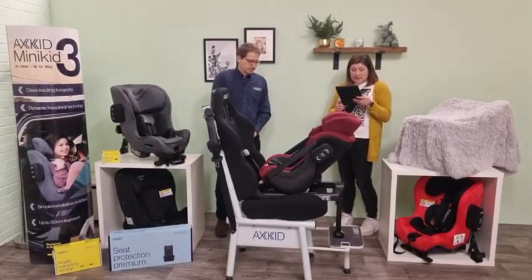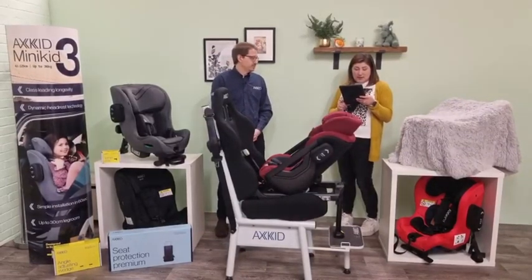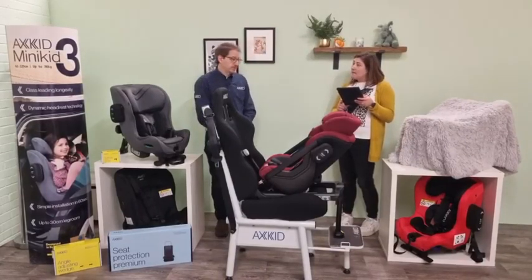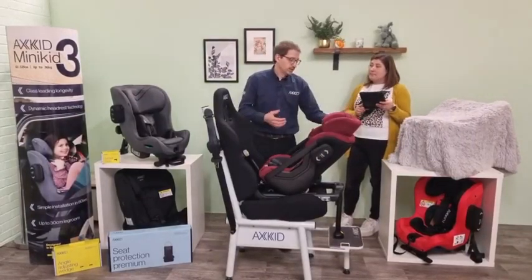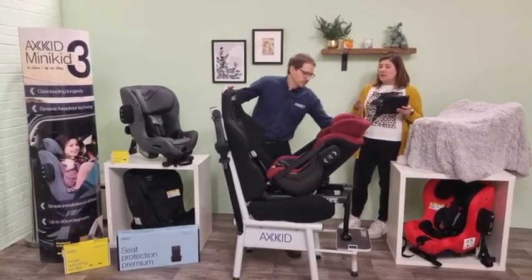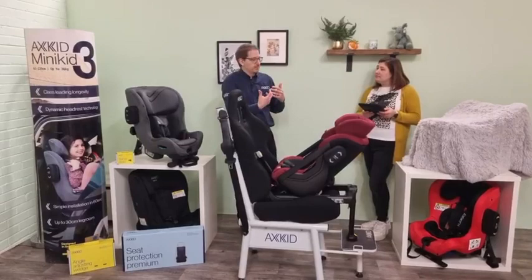Easy life, need to have easy things, help us out as busy families, certainly. Absolutely. Does it obstruct the front seat much? No, I don't think so. Yeah. The beauty of all our rear-facing seats is you can bring the front seat back to touching. So it's not bracing, so it's not like holding on to it. No, you're not pushing it upwards, but just bring it into contact, so you get the maximum amount of room